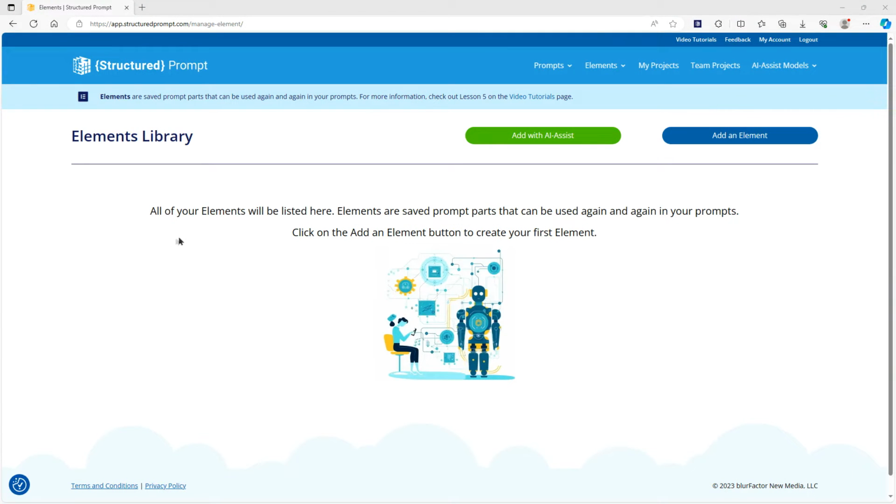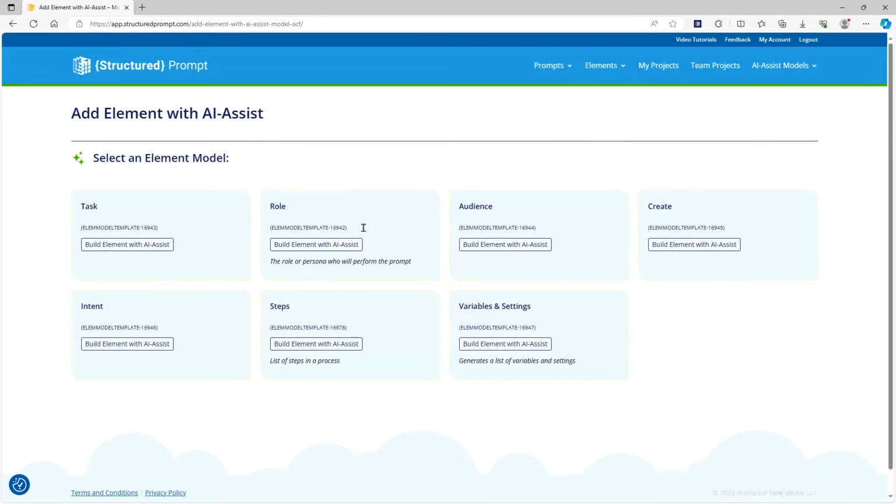Hey, this is just a quick look at the new model-driven AI assist for elements on structured prompt. We added this to our prompt builder a couple of weeks ago on AI assist. Now it's available for models or for elements, and elements are basically prompt parts that you can use again and again. So if I click on Add with AI assist on my element screen, these are the predefined elements that